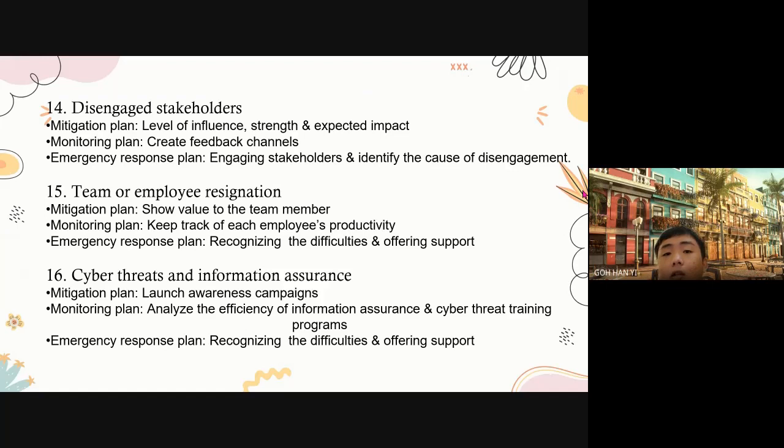Keep a lookout for any significant change in productivity or indications of tiredness, as these could be precursors to risky resignation scenarios. To reduce the risk of employee churn, quickly fix any work or performance difficulties. And the emergency response plan is recognizing the difficulties and offering support in handling an increased workload or new responsibilities,